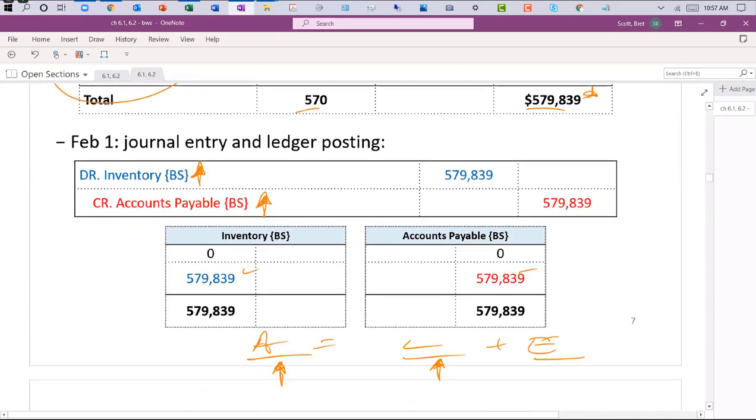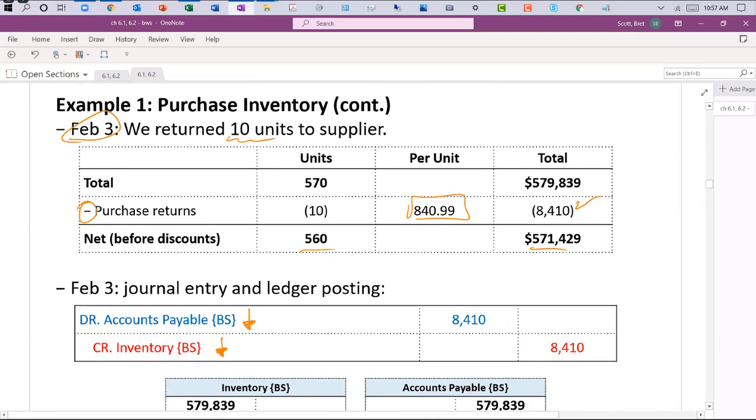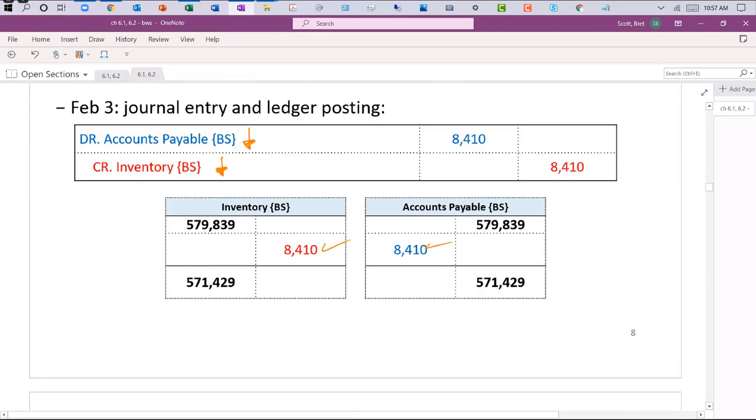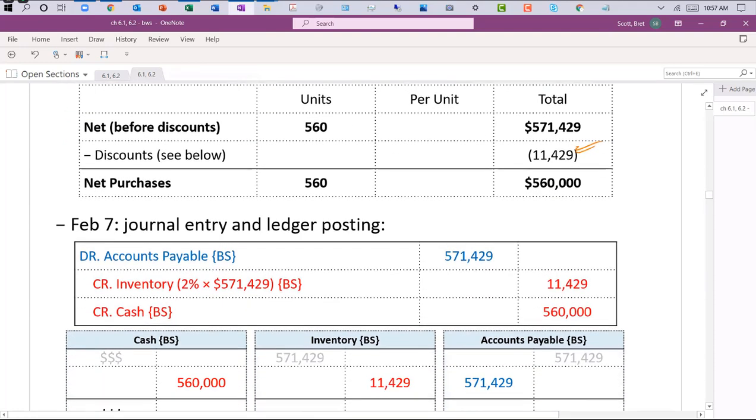So sometimes a supplier can work with us and say, we'll send you an estimate for all the fees and taxes, and then we'll just send you the invoice. So they're knocking off the $8,000 for return goods, and we're going to say we're going to pay early, so we're going to knock off another 2% in this case. So we'll just keep it simple and say, overall, we got 560 phones,